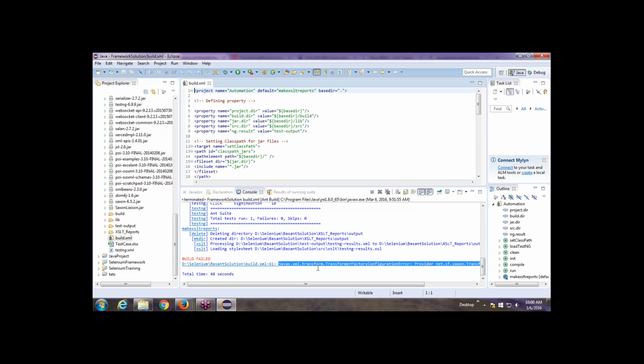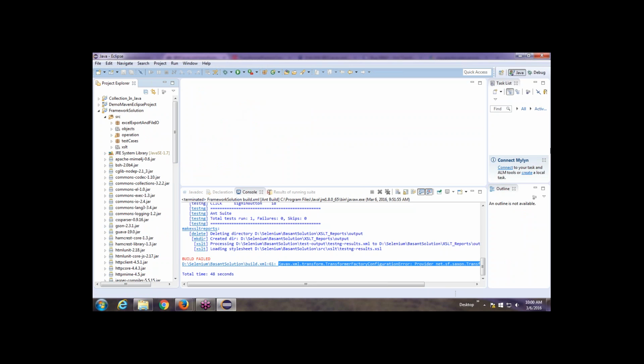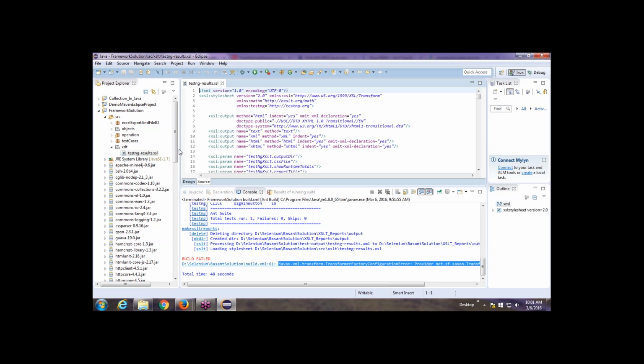So do one thing, you can try this in your system, and the configuration part I will again tell you, how we can set up XSLT in your system. See, from the beginning: yesterday we had created these four packages, and today we created one XSLT folder, a package. In this package you have to create this file with the same name, testng-results.xls. Then after this you have to paste